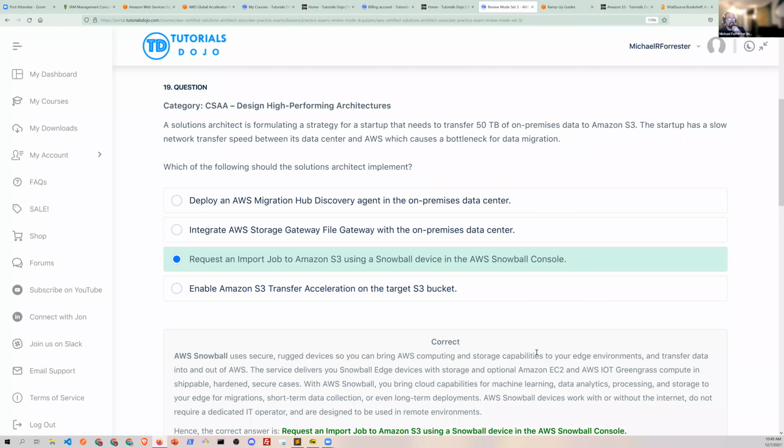Now, the Storage Gateway, File Gateway, isn't going to work. Option B is because it's still going to be constrained by your bandwidth out of the data center. And the Migration Hub discovery agent is just a discovery agent. I'm sitting here thinking about this. It's an application discovery agent. I don't think it does any data transfer. You'd have to use SMS, the Server Migration Service, or the data center migration service, which was actually just announced last week.